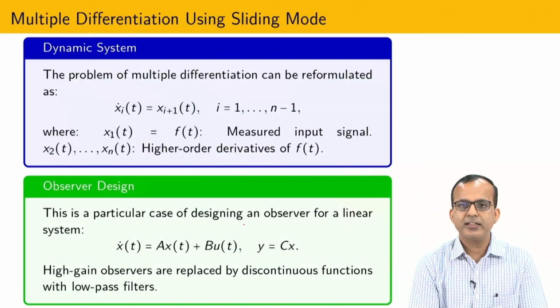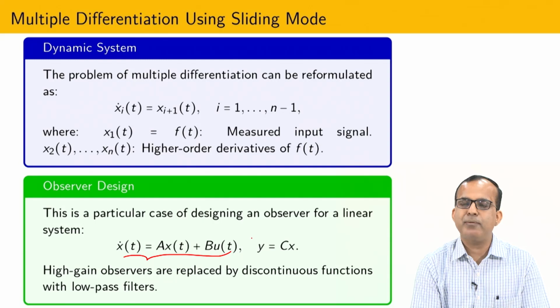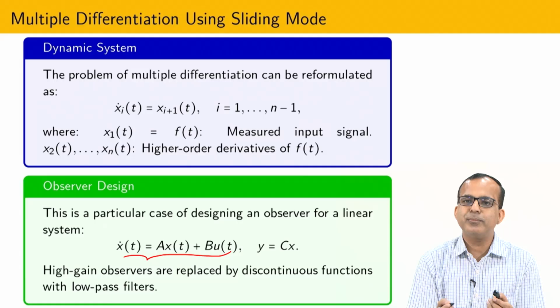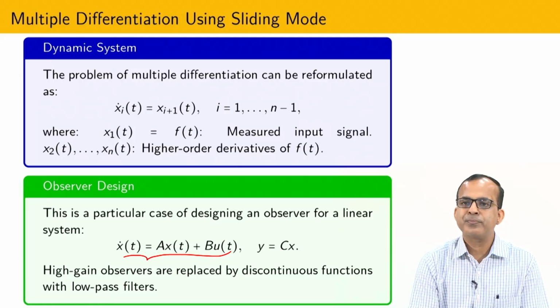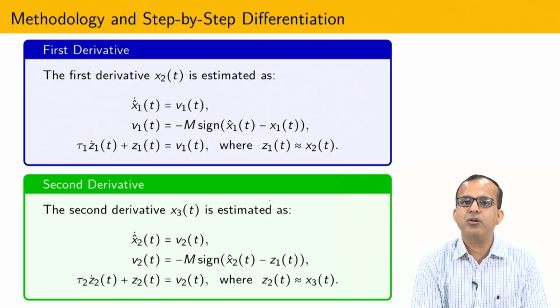Now similarly you can cascade this structure, and then you can get any higher order derivative. That is also equivalent to the observer design by Luenberger. I have already told you how the differentiator design comes into the picture. That is nothing but the obvious consequence of the Luenberger observer. You can keep A and B equal to 0, and the L gain you can keep very high. Okay. Now, by cascading this structure, you can calculate the higher order derivative also.